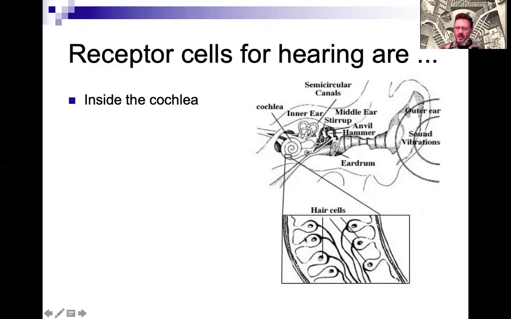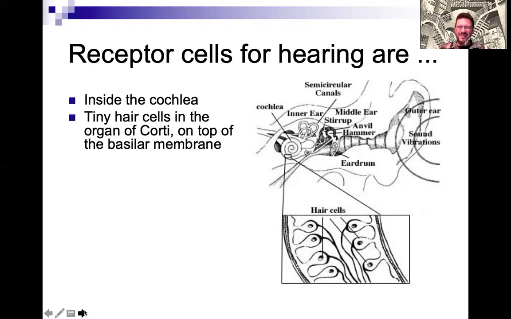You kind of have a picture of a cell body here, and these are the axons of the receptor cells moving away to form the auditory nerve. And these out here, they're hair cells. The receptor cells inside the cochlea are little cilia, they're hair cells. And they're in this part of the cochlea called the organ of Corti on top of this little thin tissue